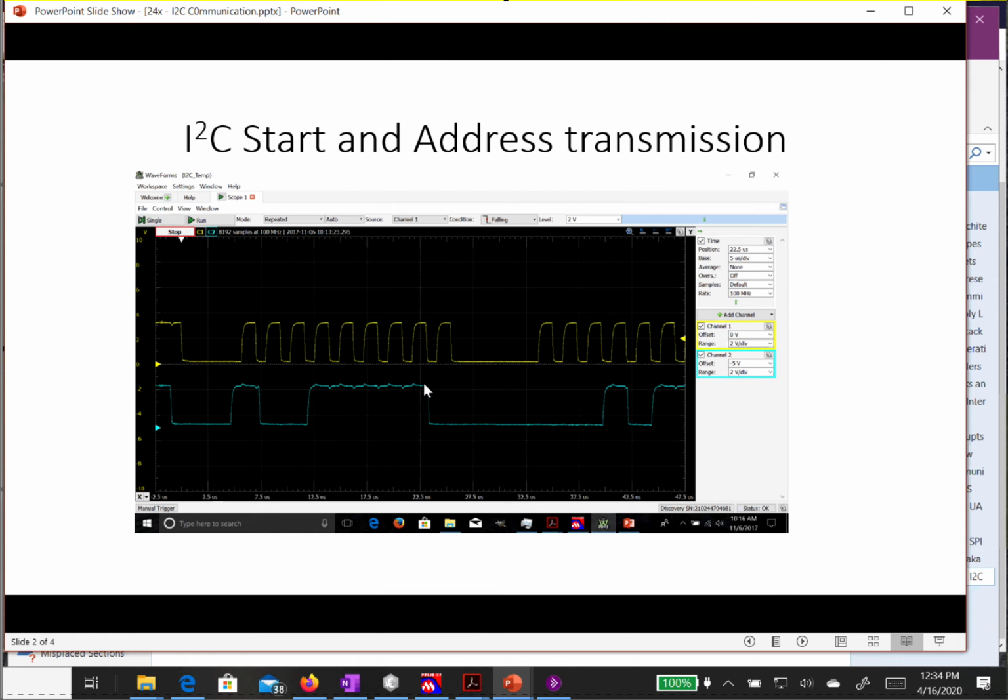At this point, the master has finished transmitting, and now the slave has to acknowledge that it has received the signal. The slave turns on the transistor to pull this signal low to indicate that it has acknowledged. The master responds by keeping the signal low, and the slave keeps the signal low because it's going to respond with data. Going to my next slide,